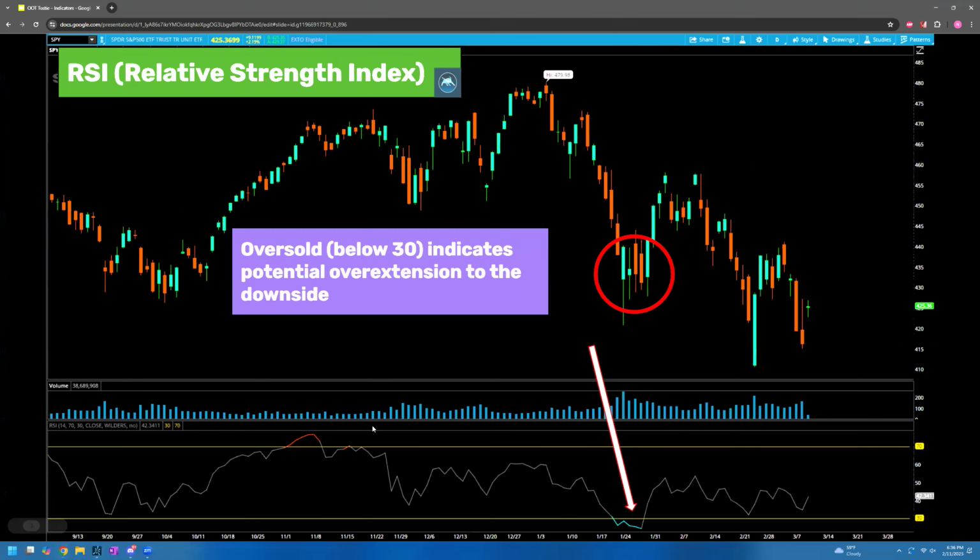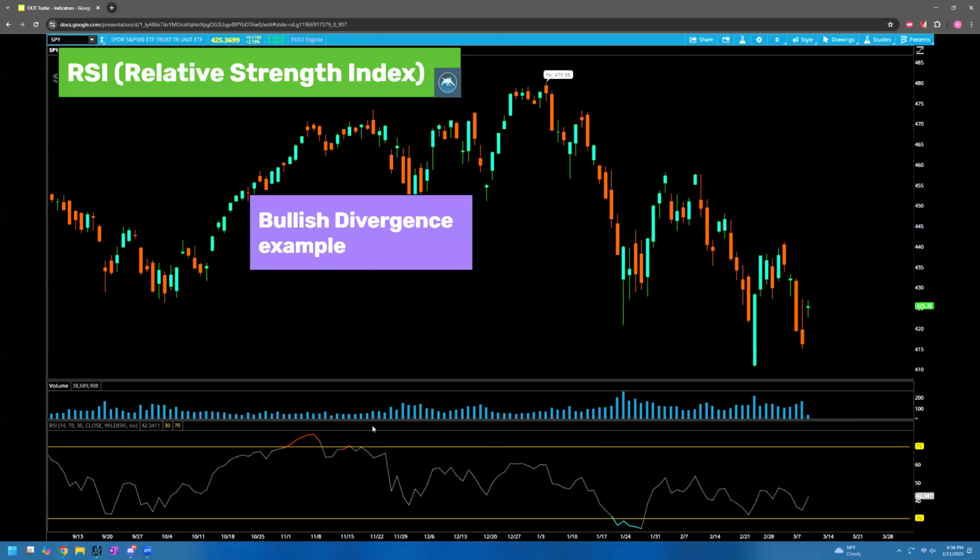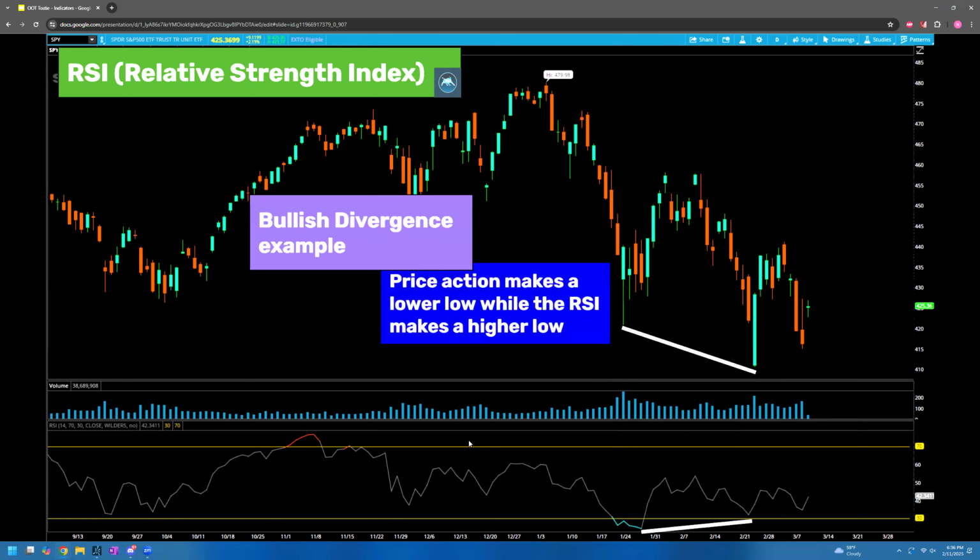Okay, that is basically RSI. The only other thing to be looking for is potential divergences. So similar to the MACD, there are those bullish or bearish divergences to be looking out for. So just talking about that really quickly, here's an example of a bullish divergence. When price action makes a lower low, when the RSI makes a higher low, that's going to be a